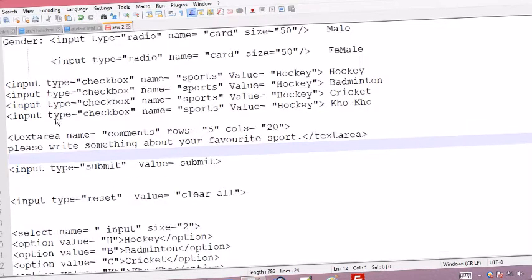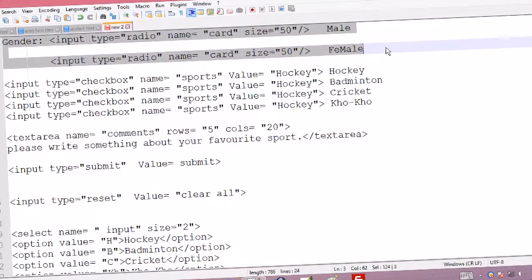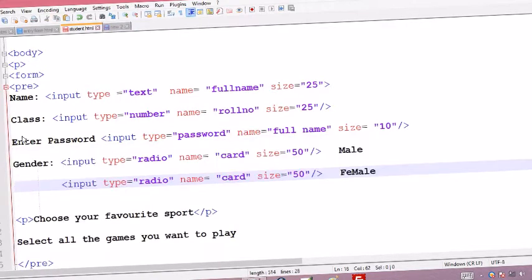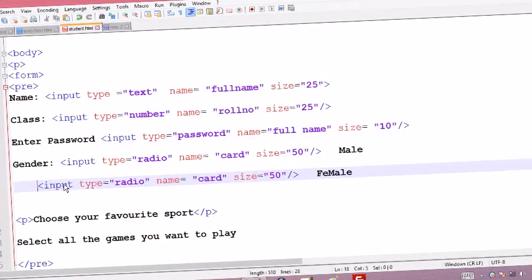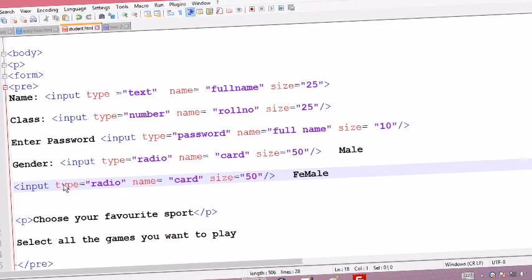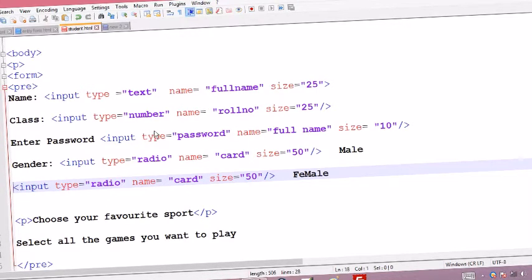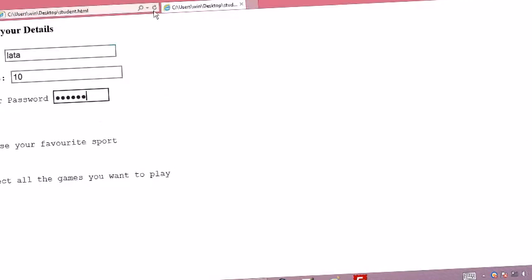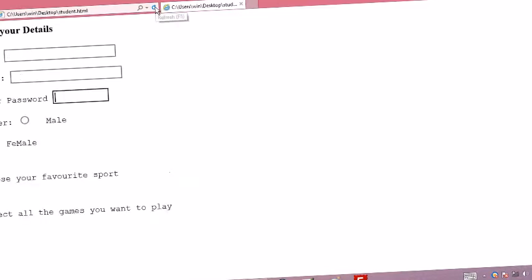Next one we have is radio buttons. Now we want to collect the gender also. I have the code ready here. Just copying and we'll paste it here. This one, we'll delete the space. Now we made some changes, no? Every time we make changes to our HTML file, we have to save it. Saved, and we'll go to our web page. Just refresh this. No need to close the web page and open it every time.